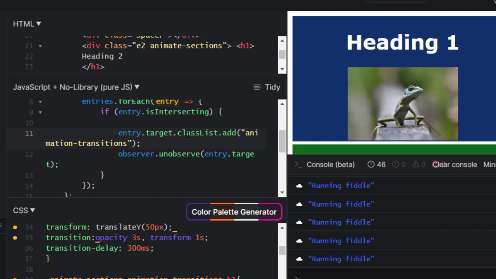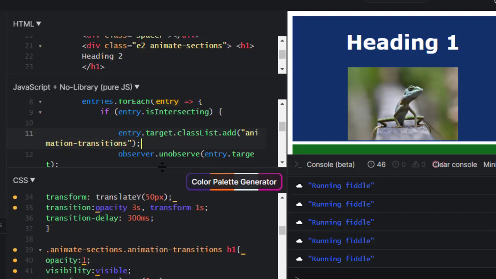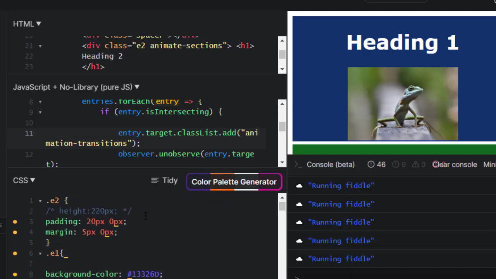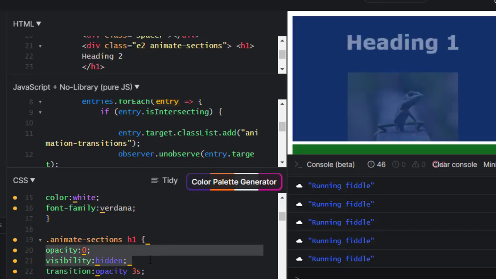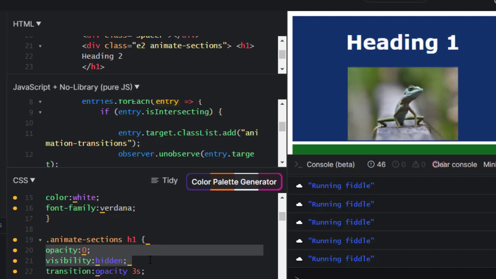The main thing that this code is doing is adding this particular class to the element, and as soon as that class is added, animations are triggered via CSS. By default those sections are invisible, so I'm going to show you the first section. Opacity is 0 for that h1, and visibility is hidden, so that is the initial state. From hidden, we want to make that element visible, and that is why we have added this transition CSS property. We are telling it that opacity needs to transition,